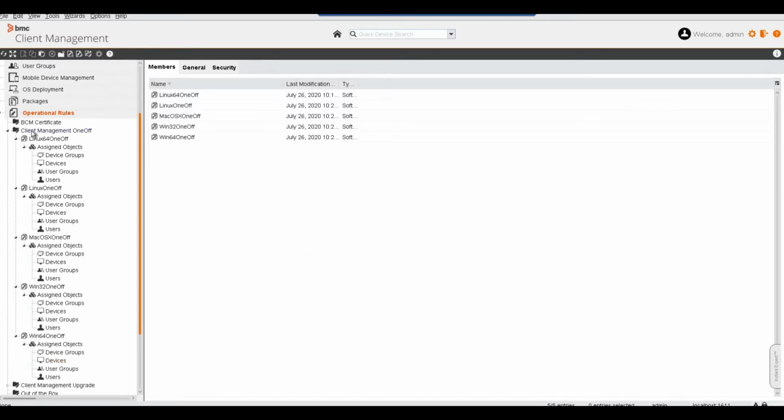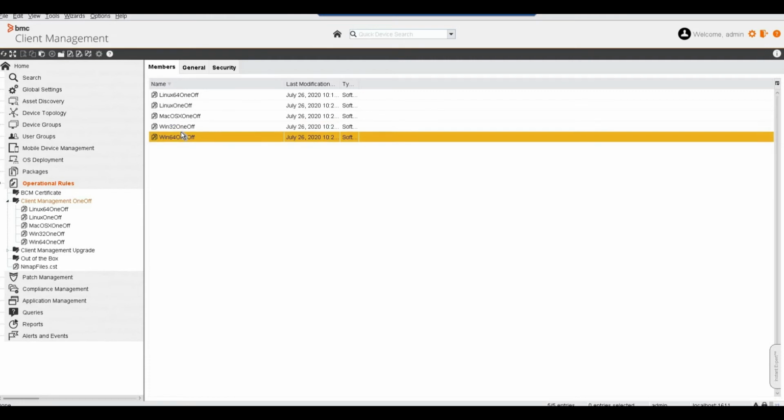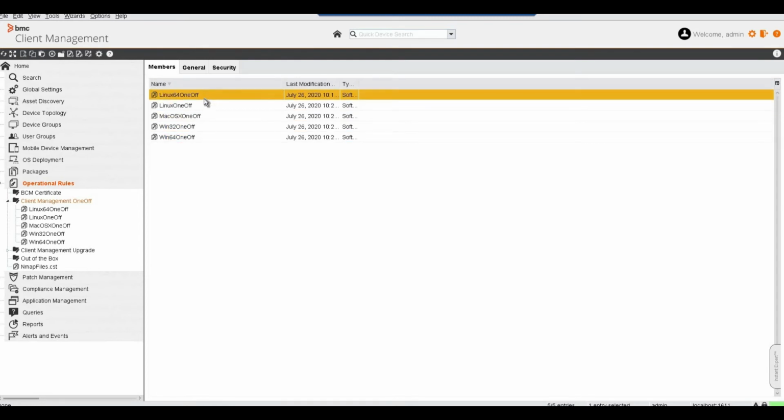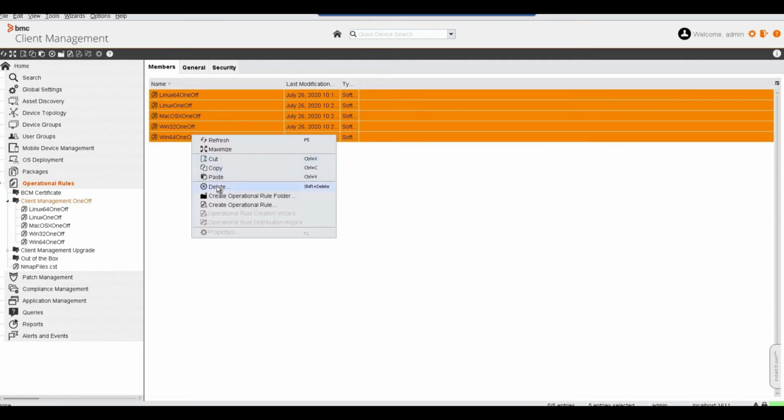And now we are good to delete these rules. Make sure we are not deleting the folder but the contents inside the folder, because if we delete the folder, the rules and packages will still be present under lost and found objects and they would need to be deleted from there. So to delete the contents, select all the contents from here, right click and delete them.